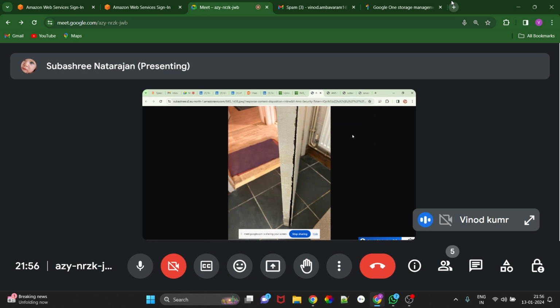Actually, usually in real time we use the download URL only. That is what made me confused. Why is it not showing? Okay, this one we have to click here. Now they changed it to open URL. So while we are uploading multiple objects, we can use the URL to open the images. Okay, I understand now.